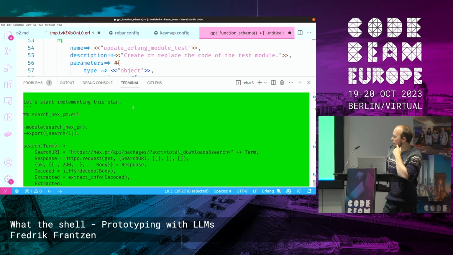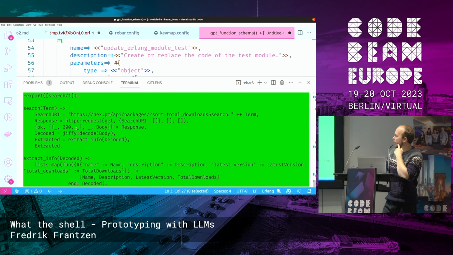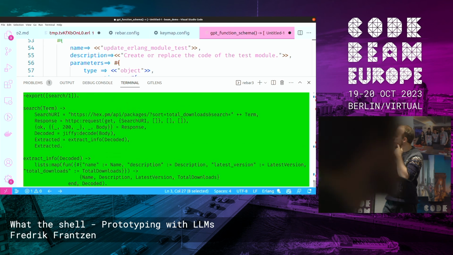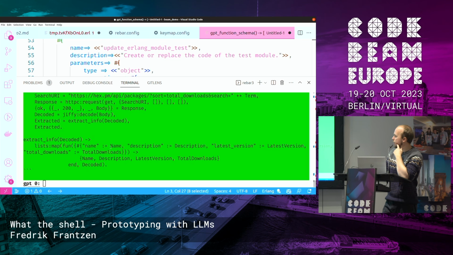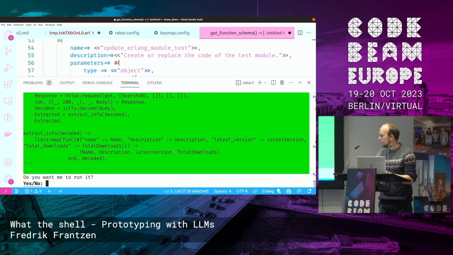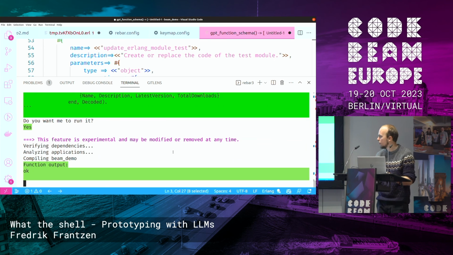So it has made this module called search hexpm, and it has this function here. Let's see, it's trying to use Jiffy here, and doesn't have a user agent, but let's tell it that yes, you are allowed to run this code on my computer.